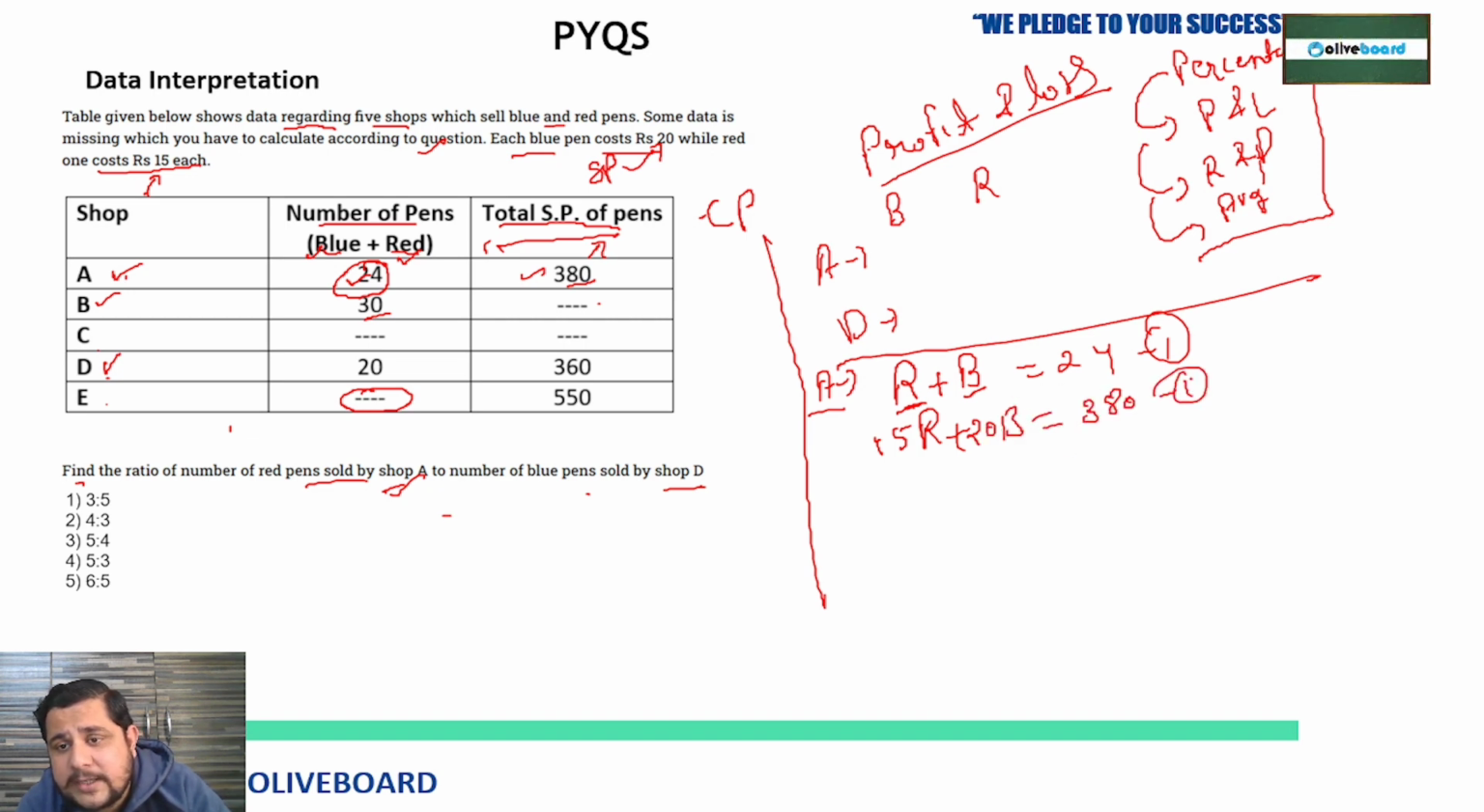Now by using the elimination method, we can calculate the values of R and B. You can take 5 common, so this will become 3R plus 4B equal to 1